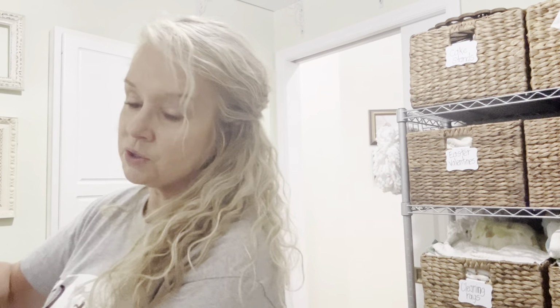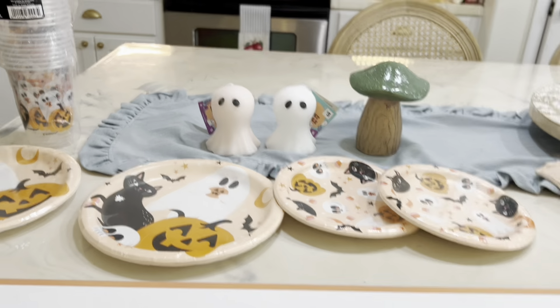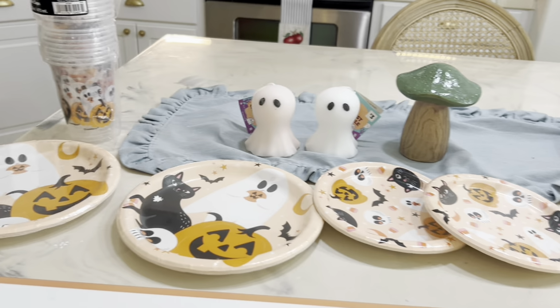And I'm thinking we can use these in our children's wing. They just had all of the rooms painted, and now we're putting some things in them. So anyway, that's my thrift store haul, and I'm going to get the laundry started, then we're going to get busy decorating. So let me show you my few little Halloween things I got,